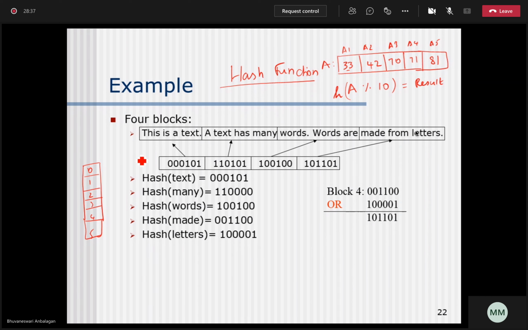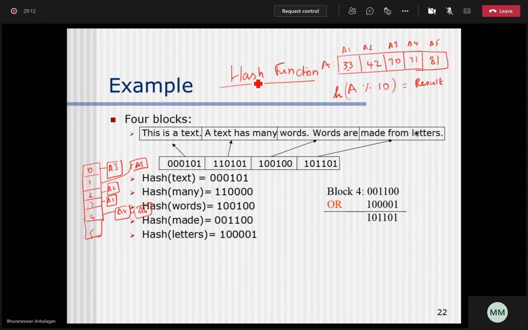So a1 will be hashed to 3, because 33 mod 10 will be 3. 42, so 2, that means a2 will be in 2. a3 is 70, so it will be available in 0. a4, obviously, will be available over here. And 81 will be available here in a5. In this way I will be having a6, a7, many hash values will be available.